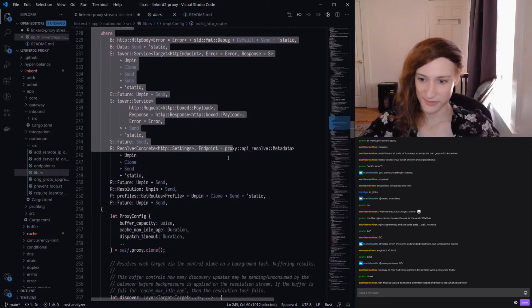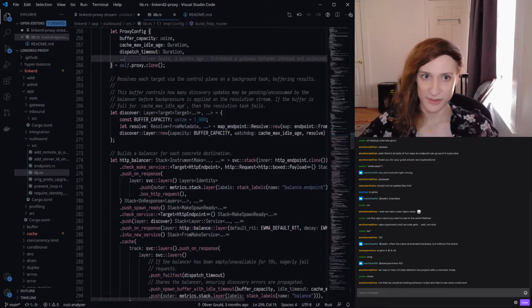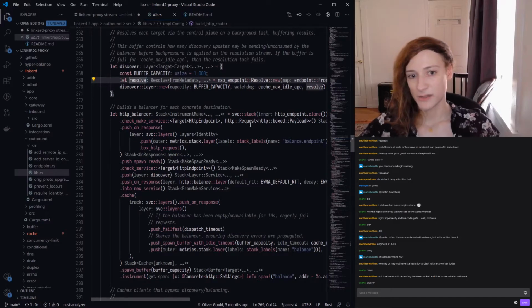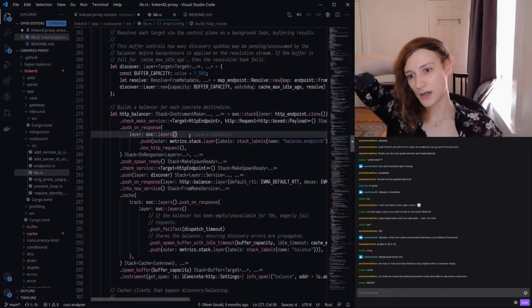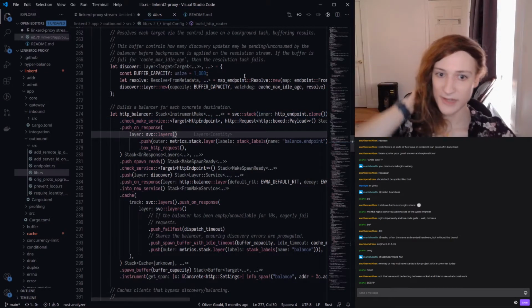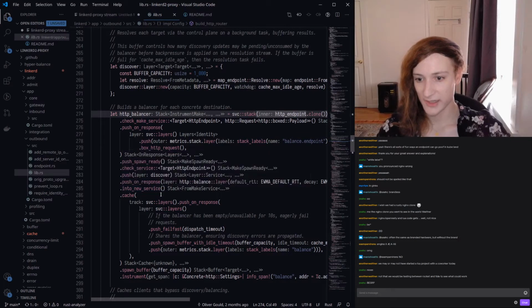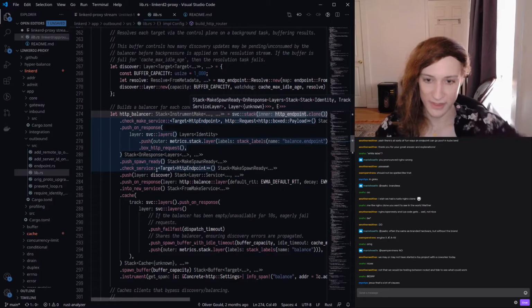We'll learn about that later. But we build a load balancer here, and this is where we have this abstraction that I think is very cool. So we say, all right, we have this HTTP load balancer, and we start out, we make this stack thing, learn about that, and it starts out with an HTTP endpoint, and then on top of that HTTP endpoint, we push all of this stuff.